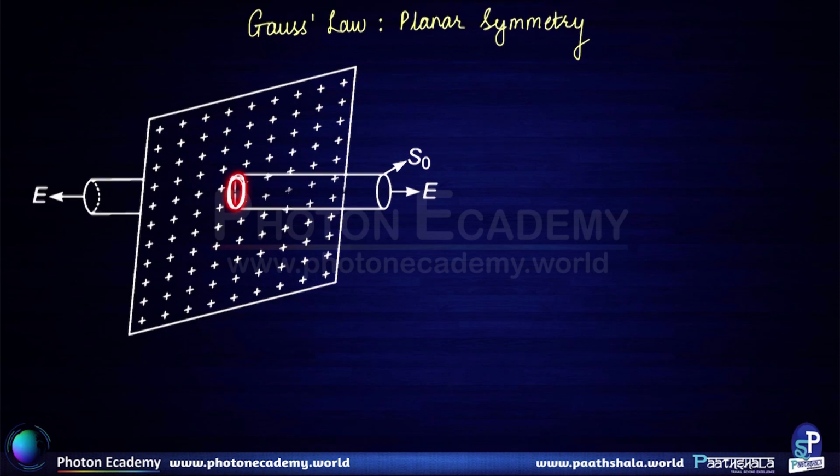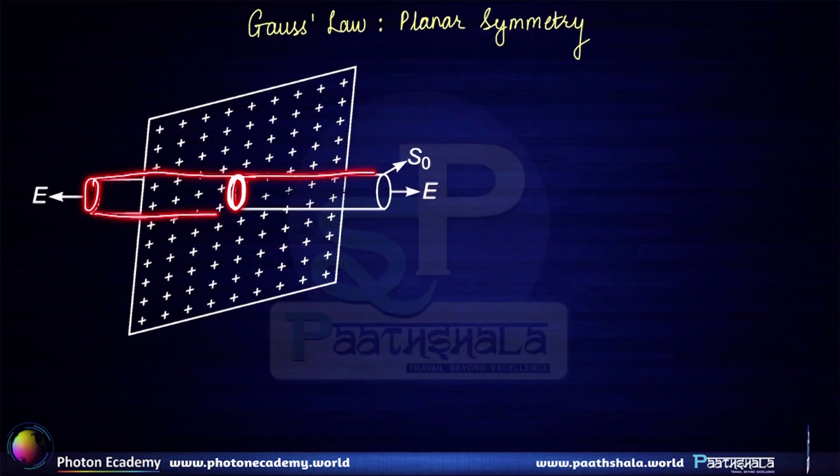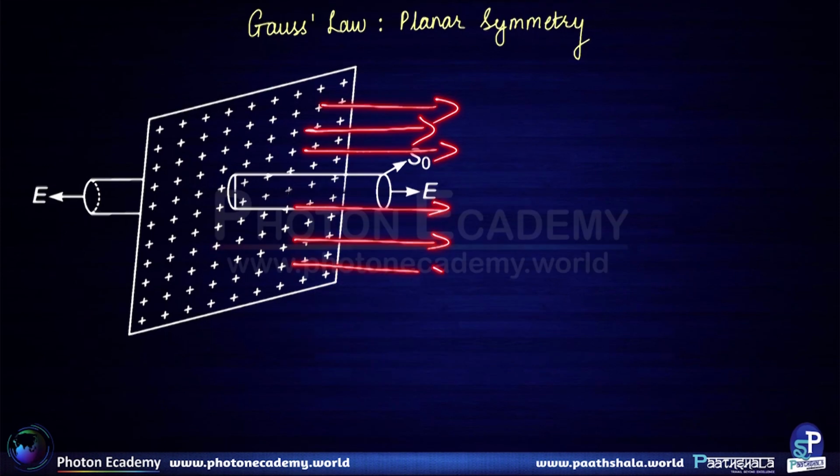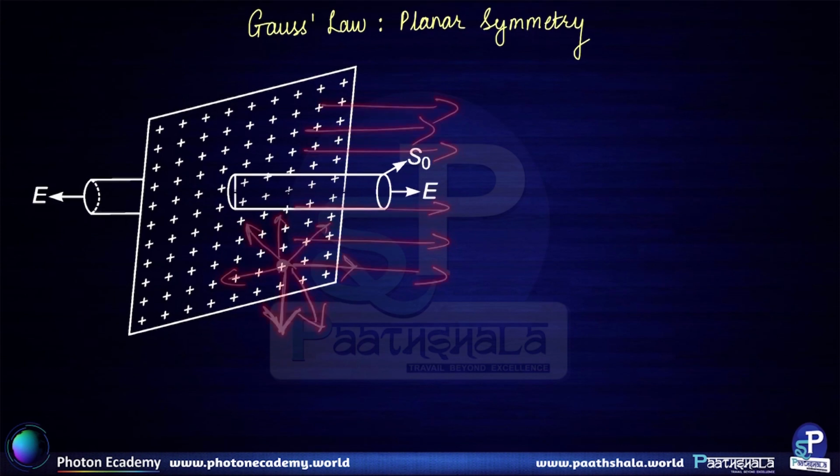Now we draw a Gaussian surface, which is a cylinder, as shown over here. Because of the symmetry of the situation, electric field lines can only and only be perpendicular to the given plane. The moment the electric field has any component that is along the plane in any direction, then we will say, why is this direction preferential, or why is this direction preferred over any other direction, like this. So any direction